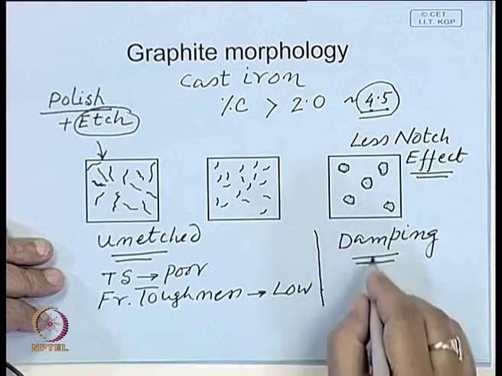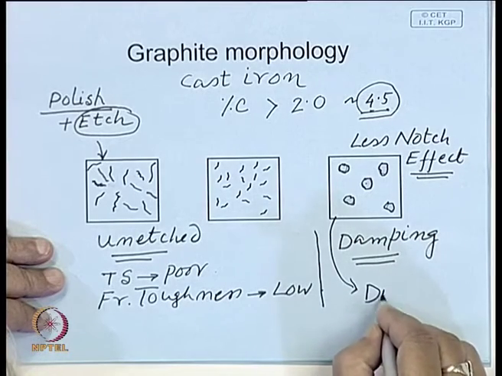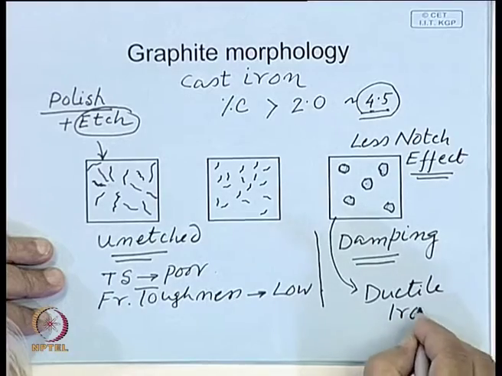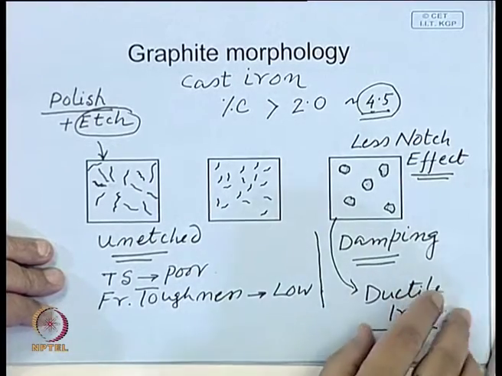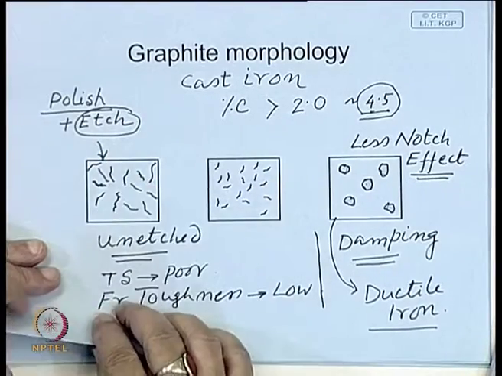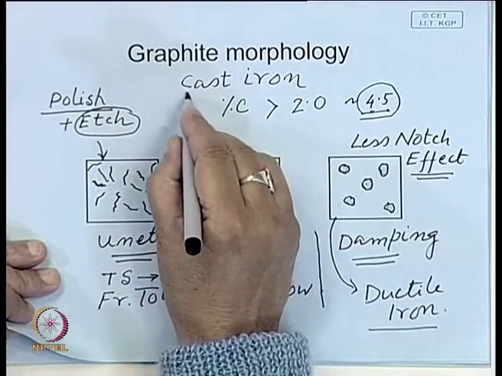So, this form of iron is also known as ductile iron. That means by controlling the morphology of graphite in this cast iron,